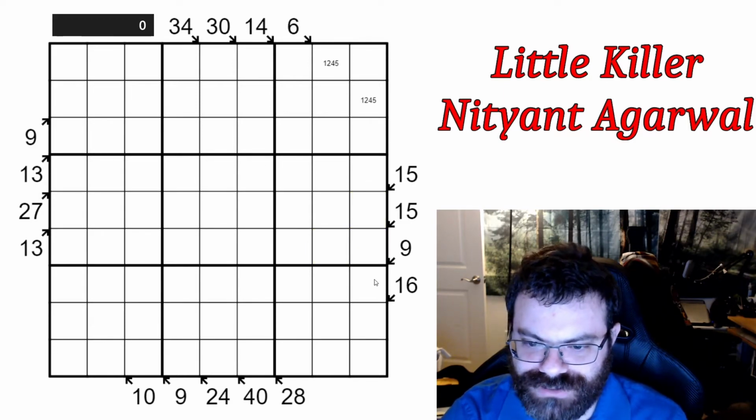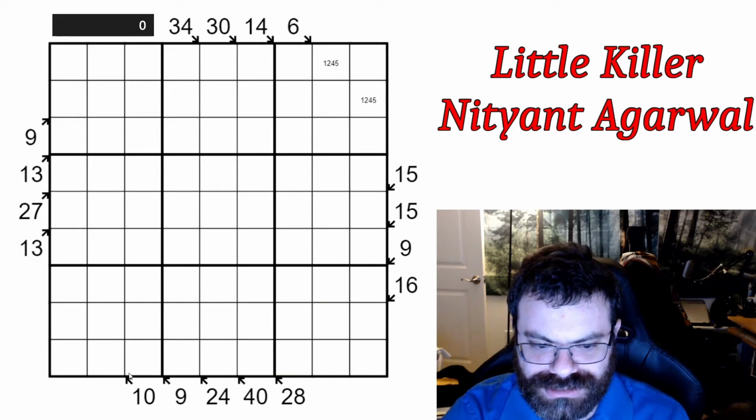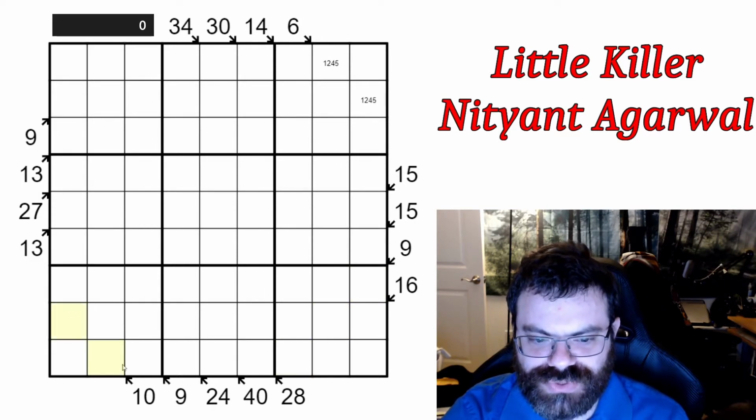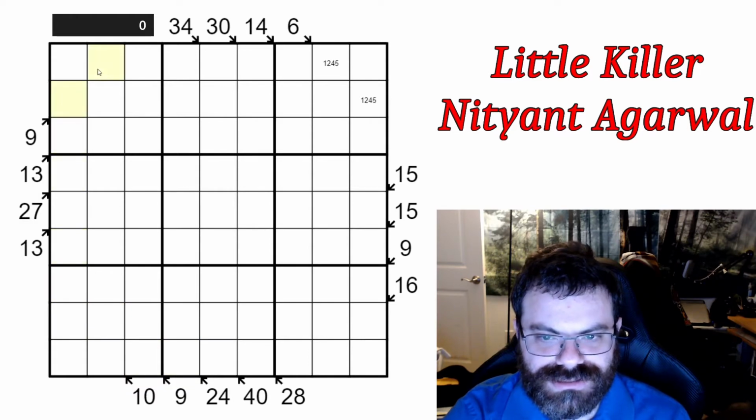Never mind. All right. 9 and 3 still has a lot of options. Obviously, we can't have a 9 here. 10 and 2 can be anything. 9 and 3 again. Okay, well,